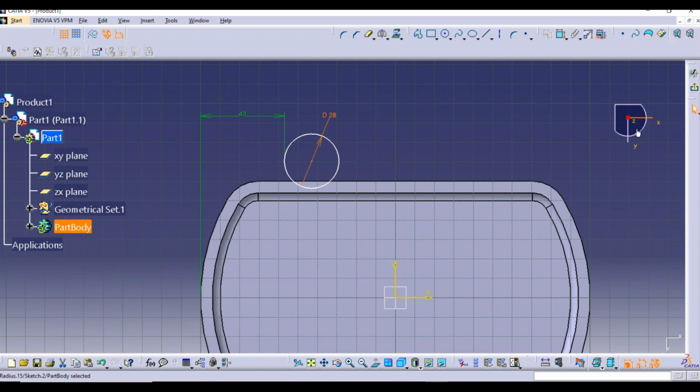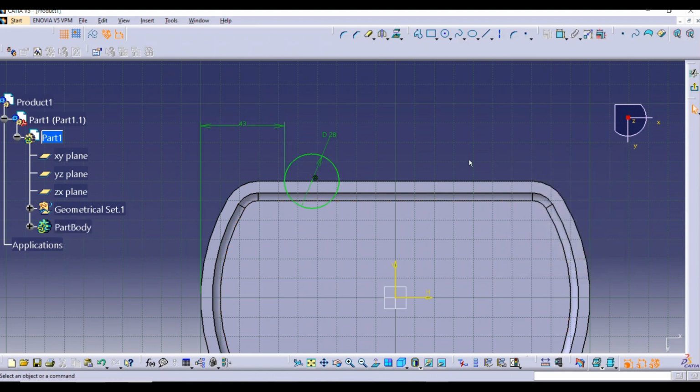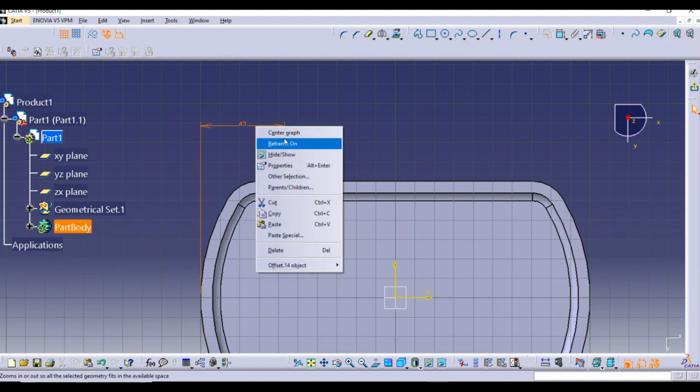And yes, the center point where it should lie, so select with the help of control, select this as well as this and go for here. Now here you can see that a coincidence is showing, and just make it like this, right? So here if you observe that the distance is obtained from here, but I have to take it from the center, like 43. So I'm just going to delete it first